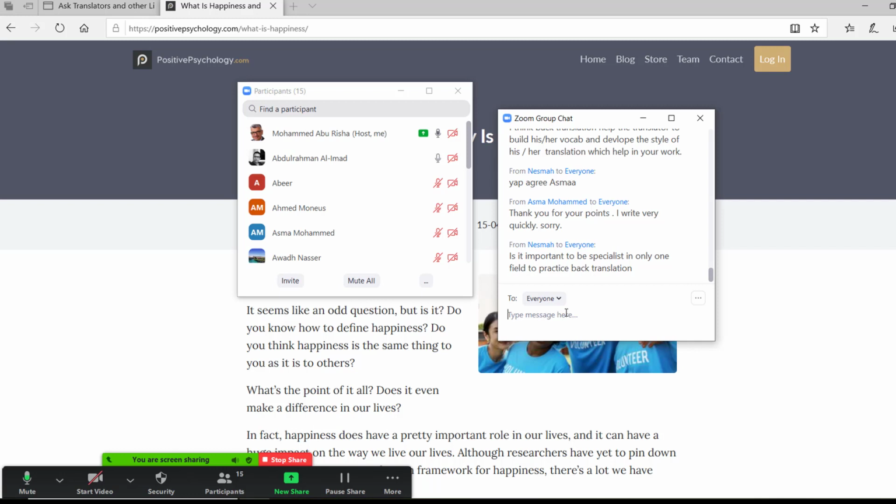The second point is about back translation, whether it's a technique or not. Frankly and honestly, I don't know anything about the literature. I don't know about research, whether they talk about it or not. To the best of my knowledge, yes, they talk about it in a different sense, maybe. Maybe they talk about it in this way, I'm not sure.